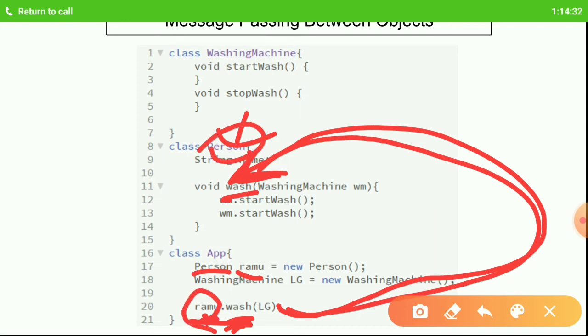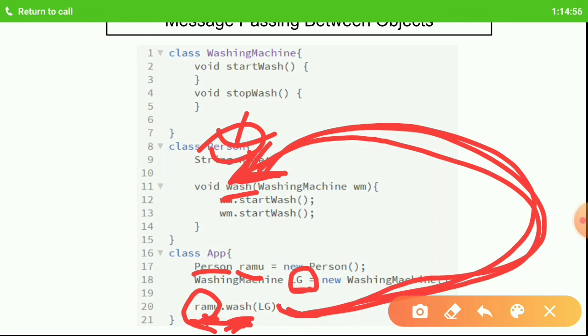When the control comes here, this wash function requires a washing machine object. So I've created a washing machine object here, isn't it? LG, I've created a washing machine object here.